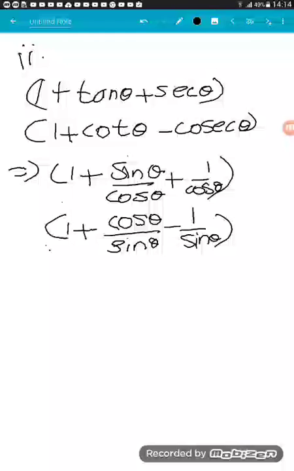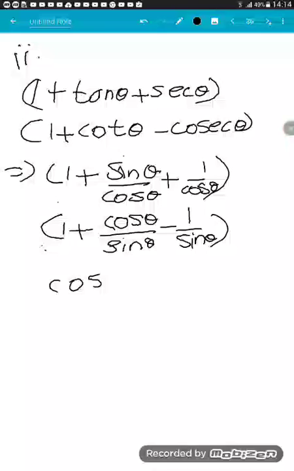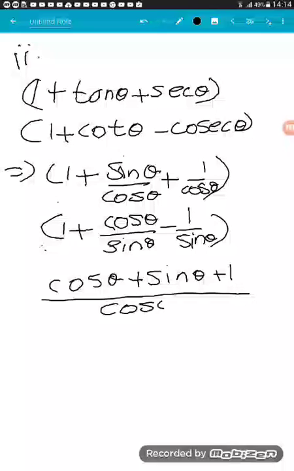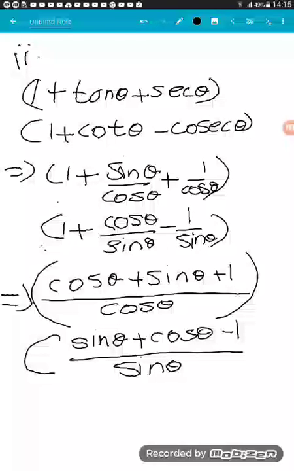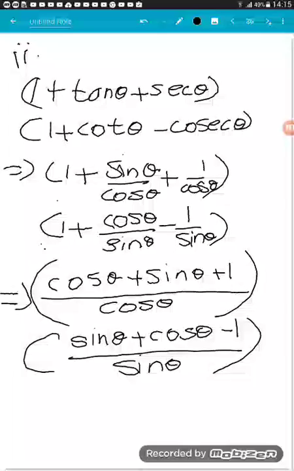Now while taking LCM of first and second, we will get cos theta plus sin theta plus 1 by cos theta bracket, and the other one is sin theta plus cos theta minus 1 by sin theta, and